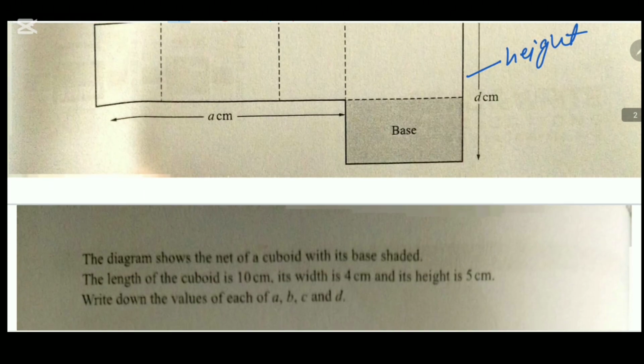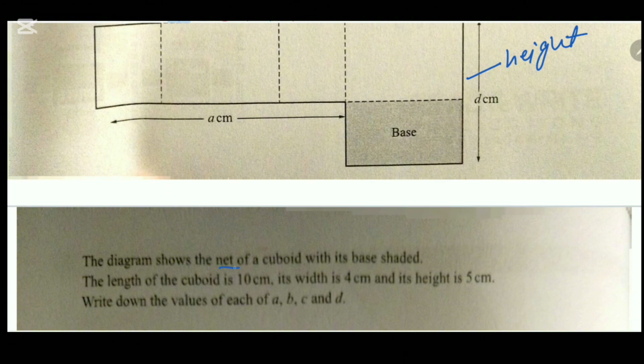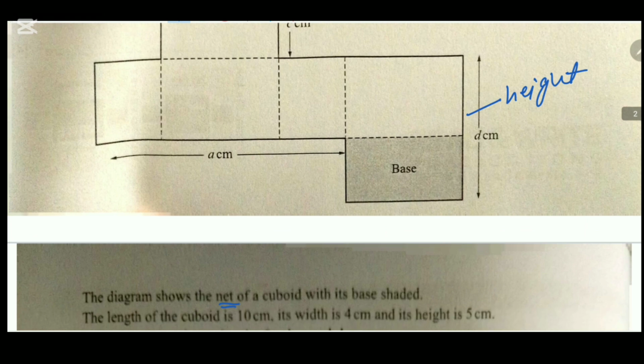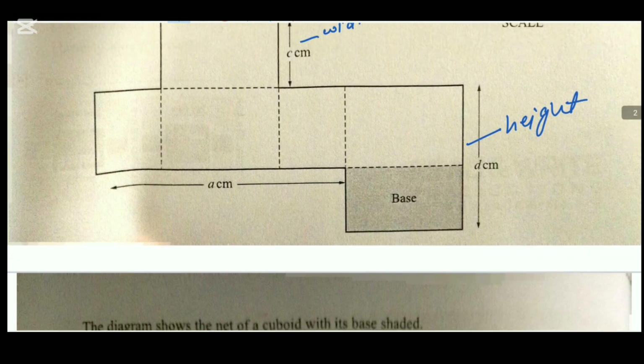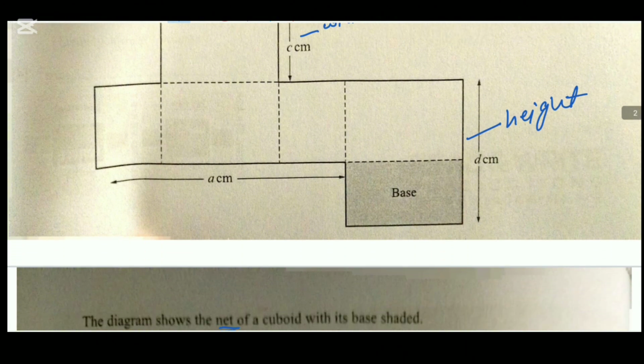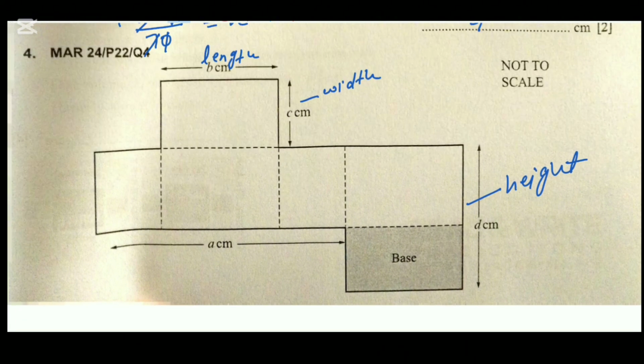So this is the net of the cuboid. What does net mean? Net means that is a 3D box. So in cuboid shape, if you will open that box, it will look like that. So this is called net. When you will open that cuboid box, it will look like that. So now you can see it is given that that is base. So this will be one side, this will be one side. So you can just imagine that figure in your mind.